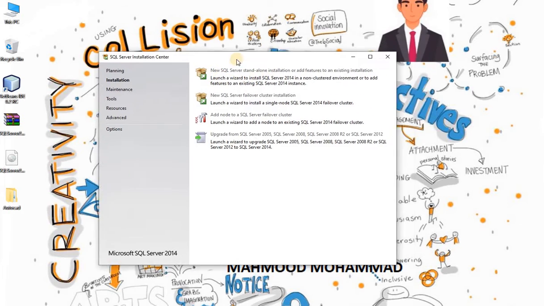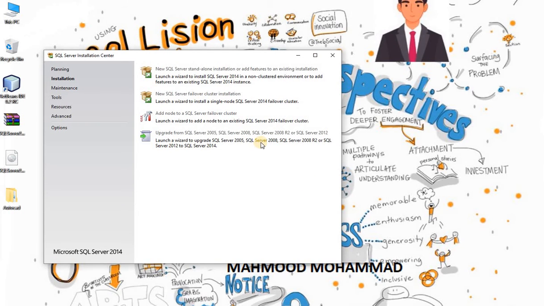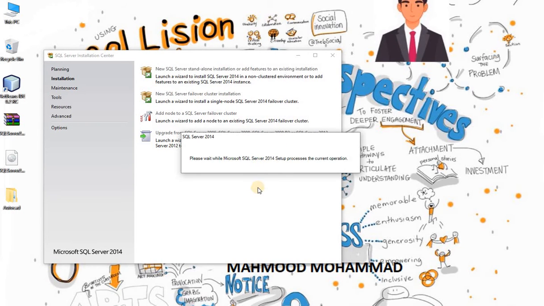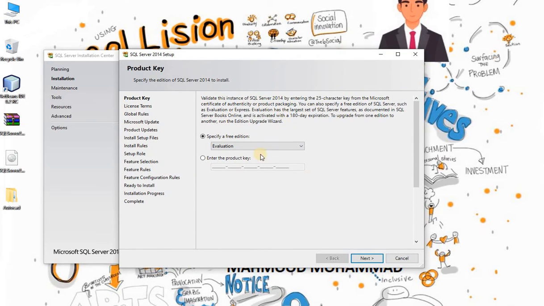Okay, once you click on this, you will get another window. Just wait for a few minutes. So this is another window. You can see there it is asking for a product key. Either you can evaluate the version. So I have a product key. The product key, even it is provided in a description of this video, you can go there and you can take the key. Then say next.